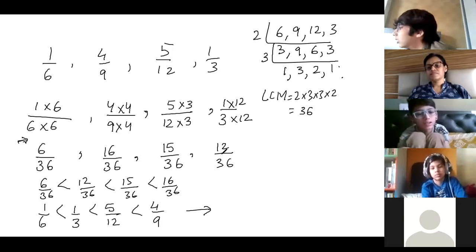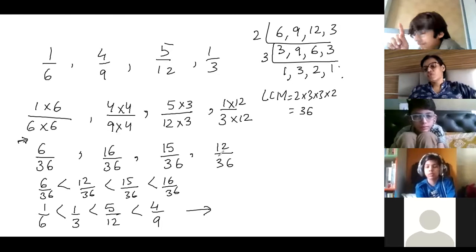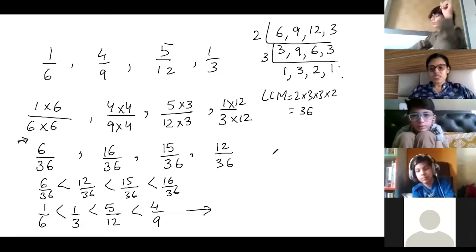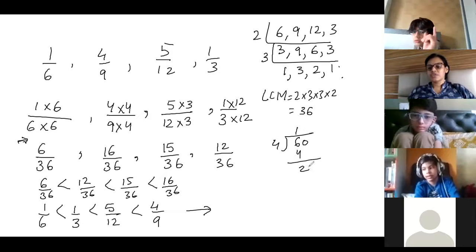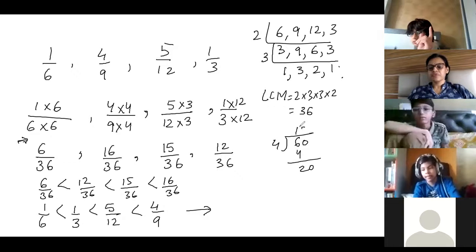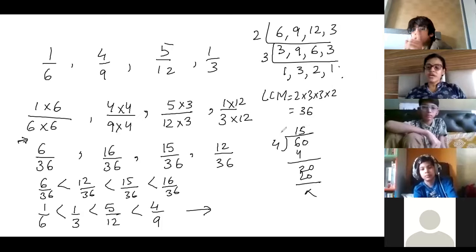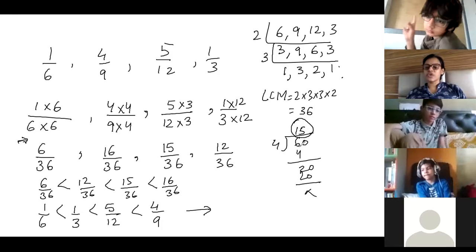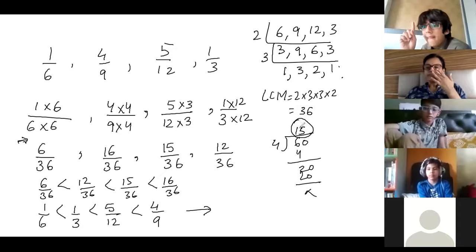Ma'am, 4 15s are 60. See Aisha, if you don't understand, because 4 15s are 60, then divide 60 by 4 and you will get it. Okay? Ma'am, but 4 12s are 48. Sorry, 4 15s are 60. If you don't know, just divide and be sure with the answer. If you don't get 4 15s are 60, then divide 60 by 4. Thank you, ma'am. I understood the arranging.